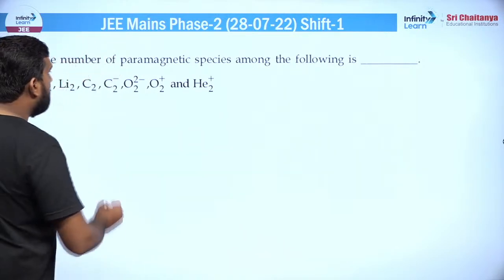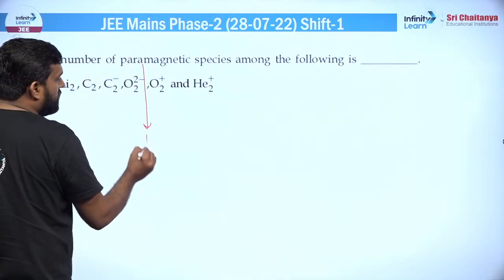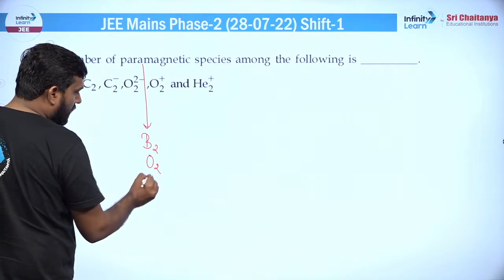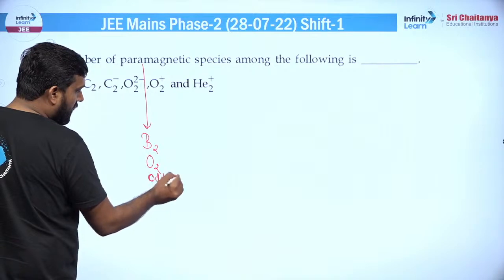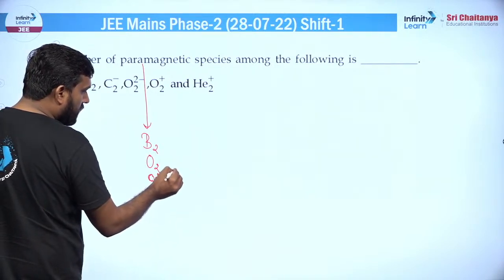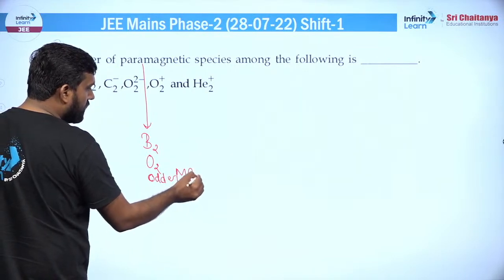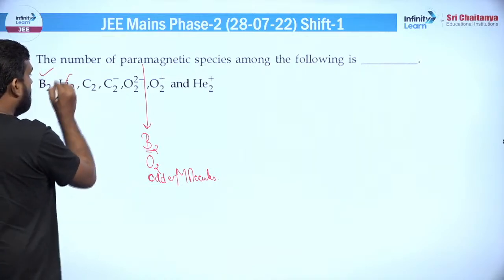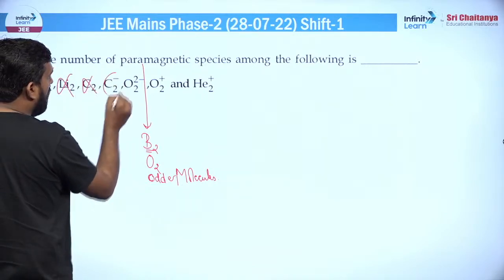आगे बढ़ते हैं, द नंबर ऑफ पैरामैग्नेटिक स्पीसीज अमॉन्ग द फॉलोइंग। देखो, पैरामैग्नेटिक अगर पूछा जा रहा है ना तो 3 चीजें याद रखो, B2, O2 और बेसिकली ऑड इलेक्ट्रॉन, यही होते हैं पैरामैग्नेटिक अगर हम कोवेलेंट कंपाउंड्स की बात करें, ऑड इलेक्ट्रॉन मॉलिक्यूल्स। तो ये हमें यहां पर चेक करना है कि ये कौन से ऑप्शन से मैच कर रहे हैं। तो B2 ये हो गया, ये नहीं है, ये नहीं है, ये हमारा ऑड इलेक्ट्रॉन हो गया